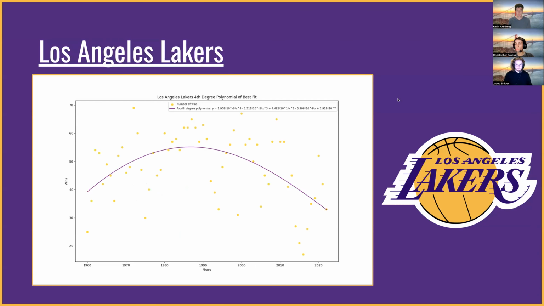Lastly, we have the Los Angeles Lakers, which is fairly interesting, as Jacob alluded to during the linear analysis. The Lakers are a very good team. They have a very high win ratio, but we have one large peak, which is what we'd expect for a team with this many wins per season over time. However, a bit of a drop off in recent years, as we expect, because we do have those outlier seasons that are not necessarily representative of the Lakers' typical performance, but it is mapped nonetheless on our fourth degree polynomial curve.